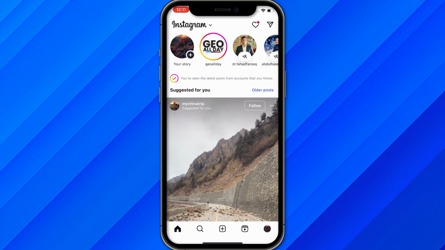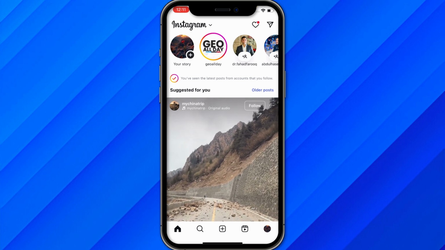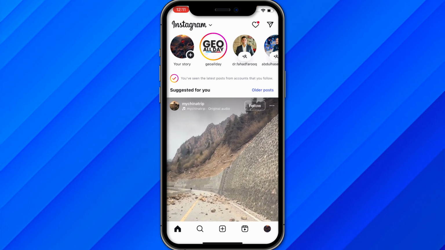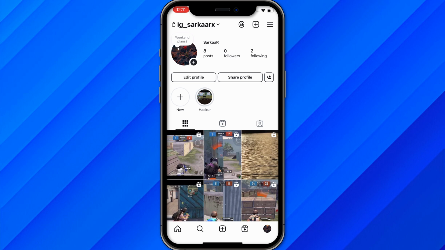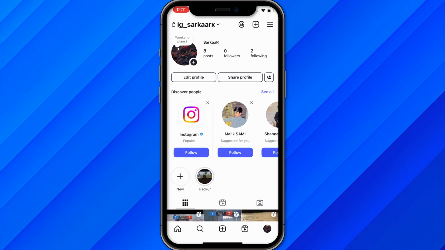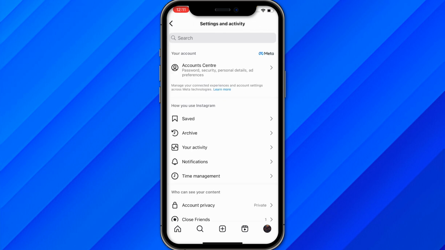So make sure to open your Instagram and log in with your account, and once you log in with your account you will be at the home section of this page. So what you can do is just click on the profile icon on the most right corner on the bottom of the screen, and from here once you see that, just make sure to click on the three lines on the upper right corner, and once you click here you will be basically in the settings and activity, and from